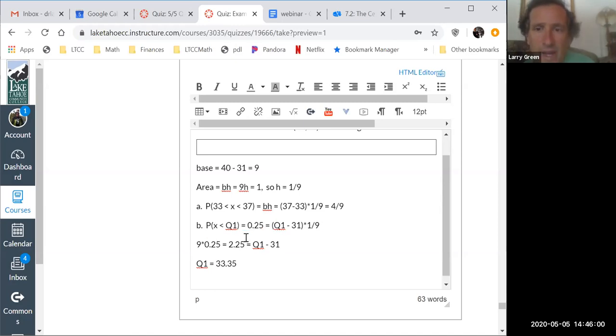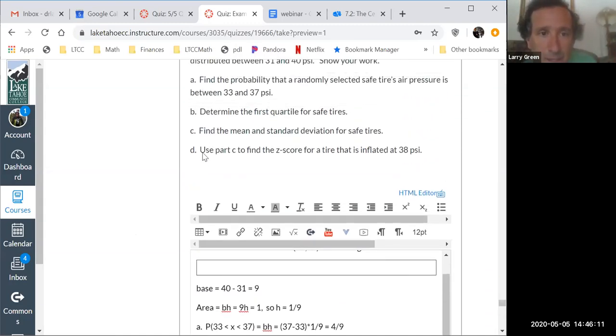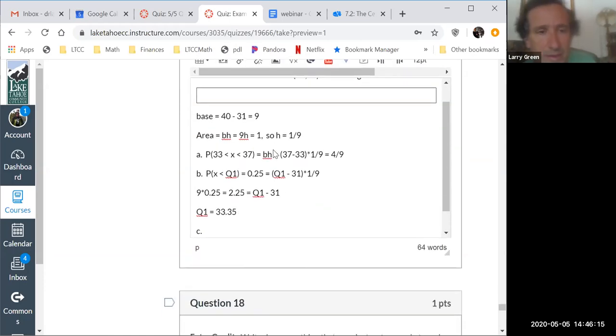Yeah. So I always just start out getting the height, because you're always going to need it with uniform distribution, pretty much. Got part C, which is a little different. Part C is a very different kind of problem. Find the mean and standard deviation for safe tires. So the mean